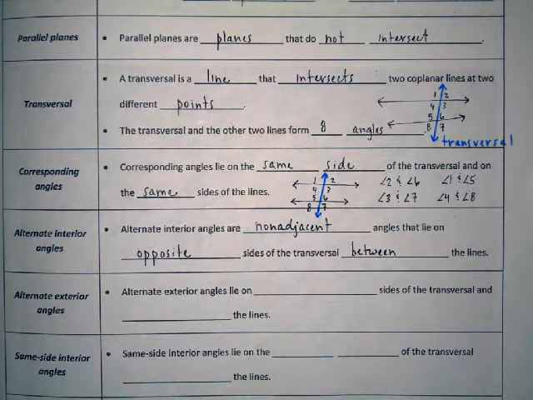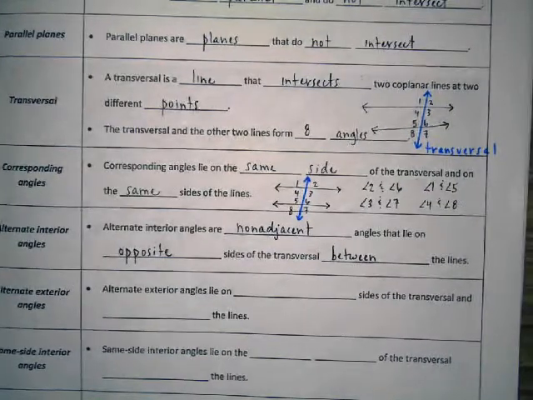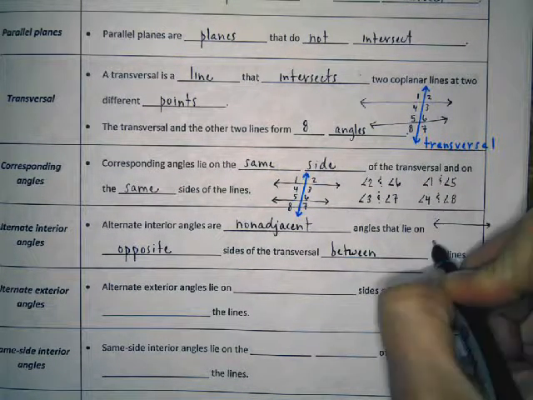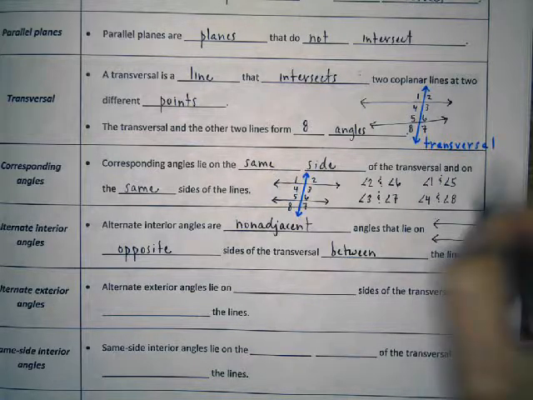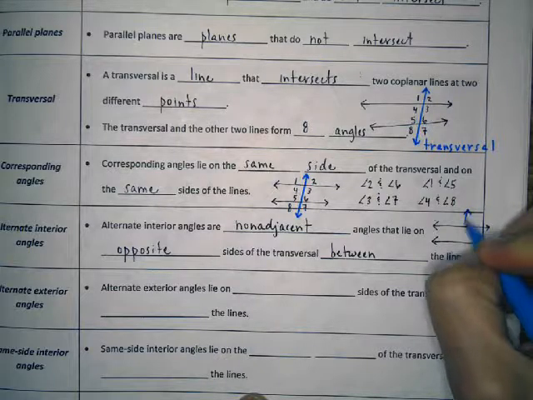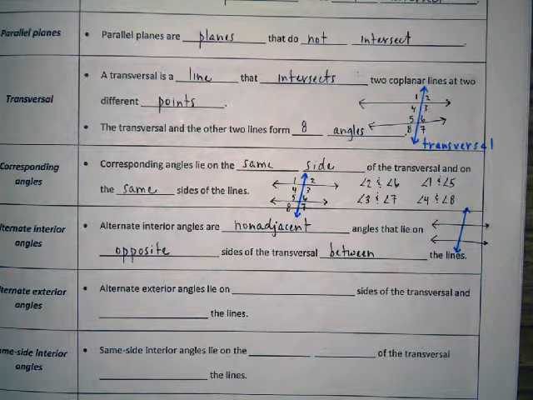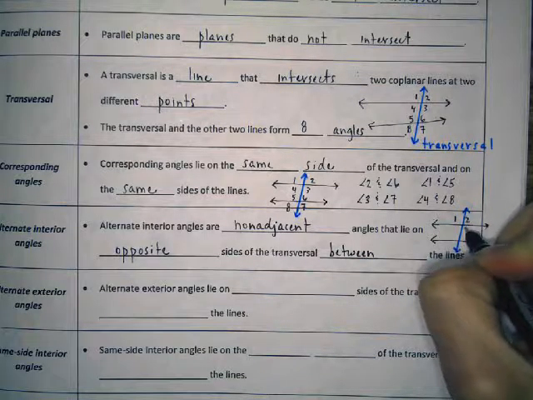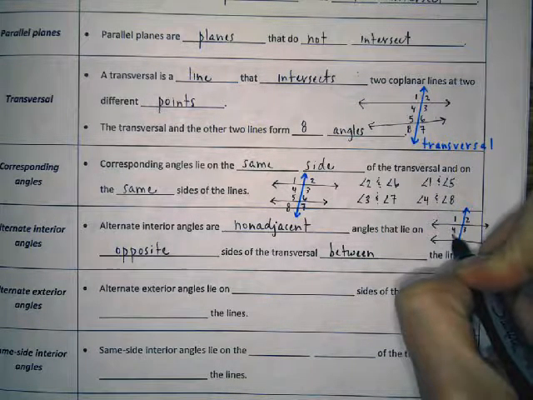So I'm on opposite sides of the transversal, I'm in between the lines. I know this is a tight squeeze here, but I'm going to draw this picture in again. So there's my two lines. Again, the transversal is just the line that intersects those two lines. And so I've got my 8 angles that are formed,